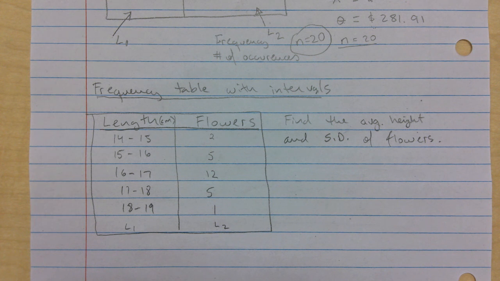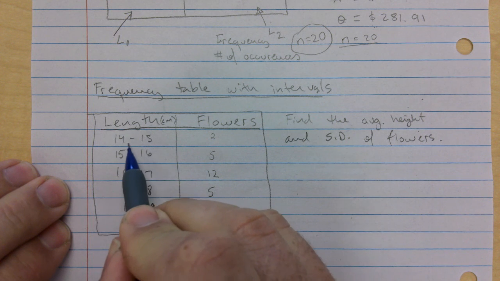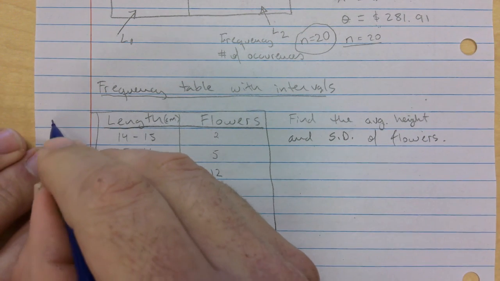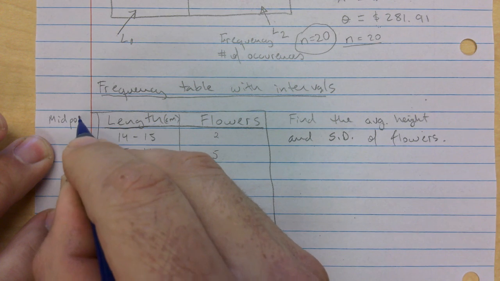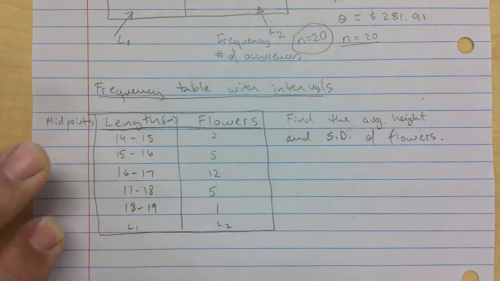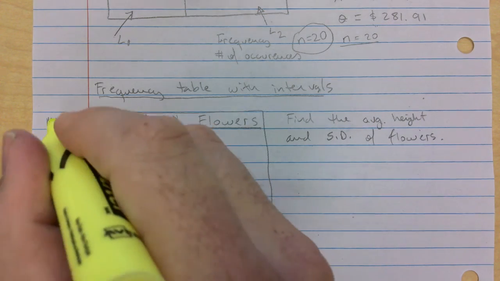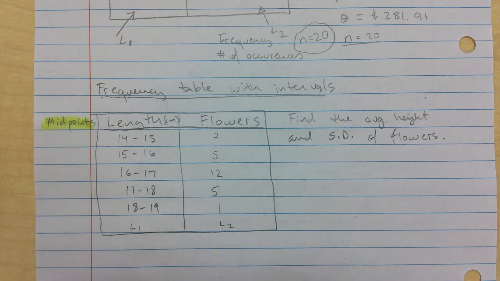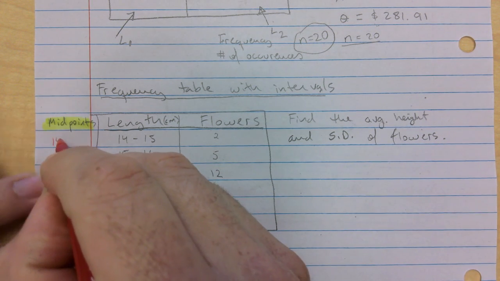Anybody? Starts with an M, ends with a T. You need to find the midpoint. Yeah, that's close. The midpoints, okay? So in this case, it's very easy to just estimate, right? So this is 14, so midpoints. I will highlight that because that happened afterwards. So the midpoint between 14 and 15 is 14.5,